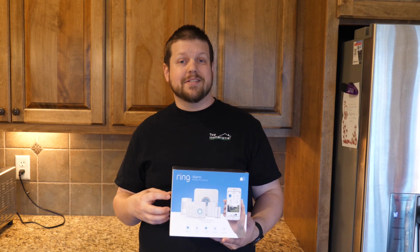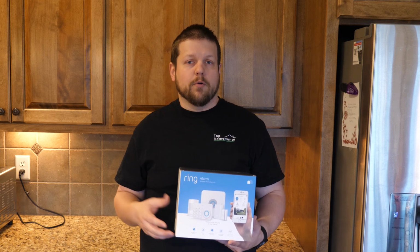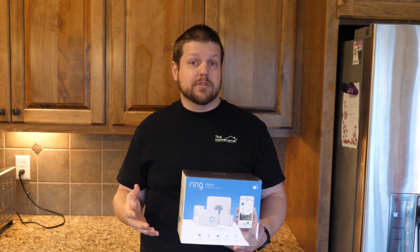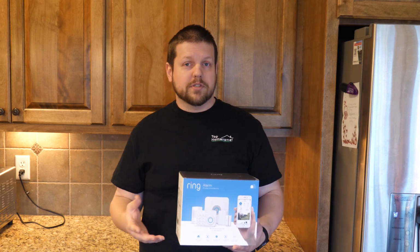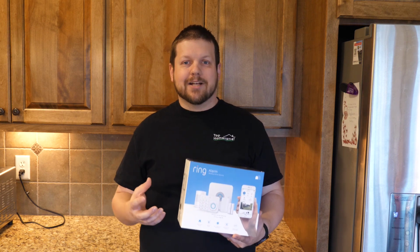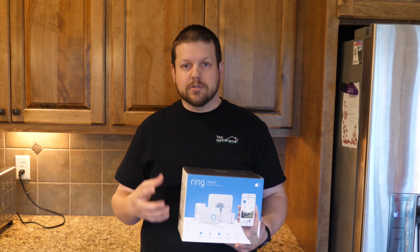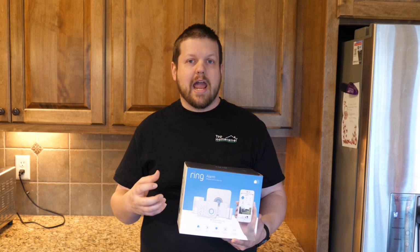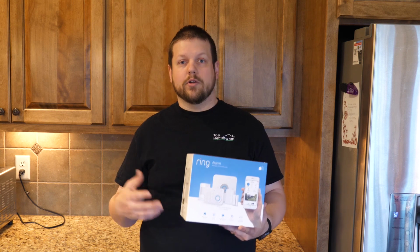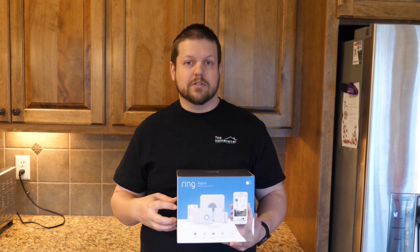Now, the reason why we went with this system is because it gives you a lot of flexibility and a lot of options depending on what your needs are. For example, there are a lot of different sensors that you can either get bundled with a kit or you can purchase separately. They have window sensors, door sensors, they have motion detectors. They even have a sensor that you can use to detect extra moisture in an area. So like if you have an area that's flooding, then you can purchase that sensor, attach that to the system, and it'll give you that extra peace of mind to know that something isn't happening, say in your basement, or your laundry washing machine isn't overflowing, because you'll know that if it does, that your alarm system will notify you